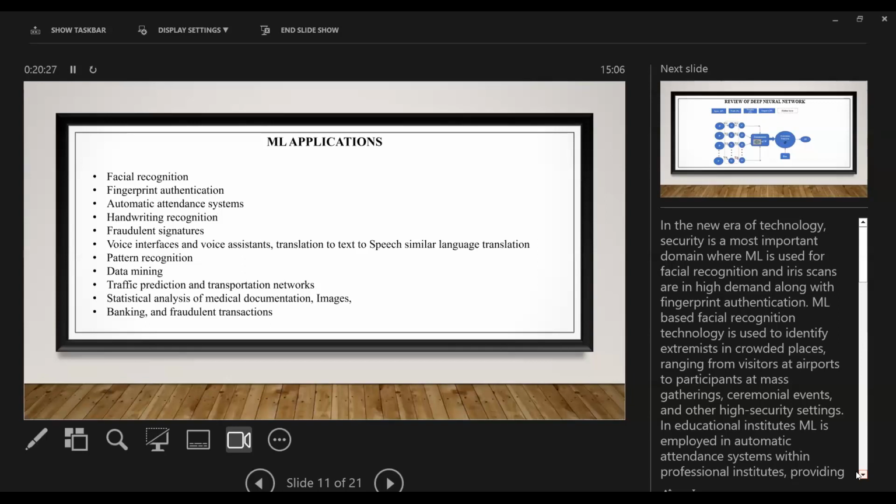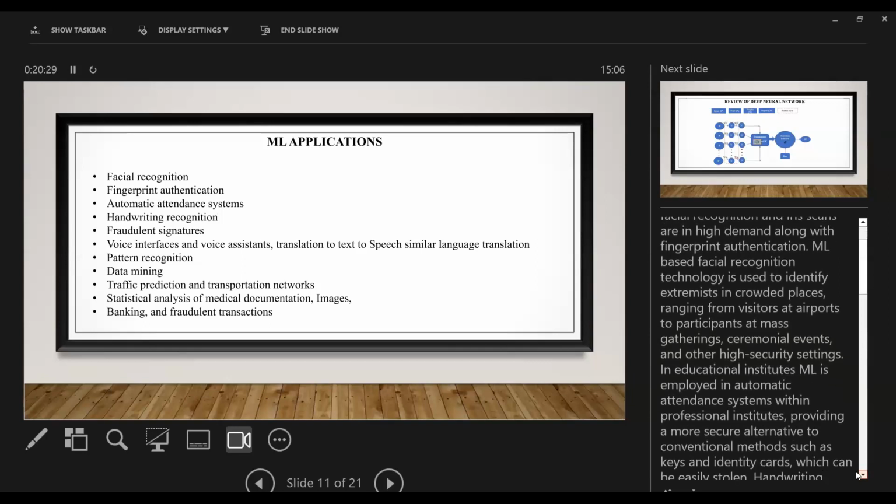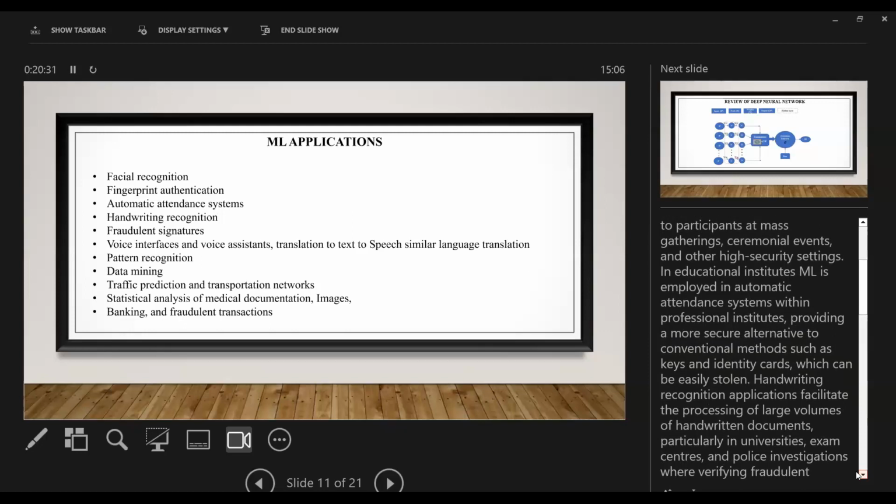In educational institutes, ML is employed in automatic attendance systems within professional institutes, providing a more secure alternative to conventional methods such as keys and identity cards, which can be easily stolen. So instead of that, you can use ML.